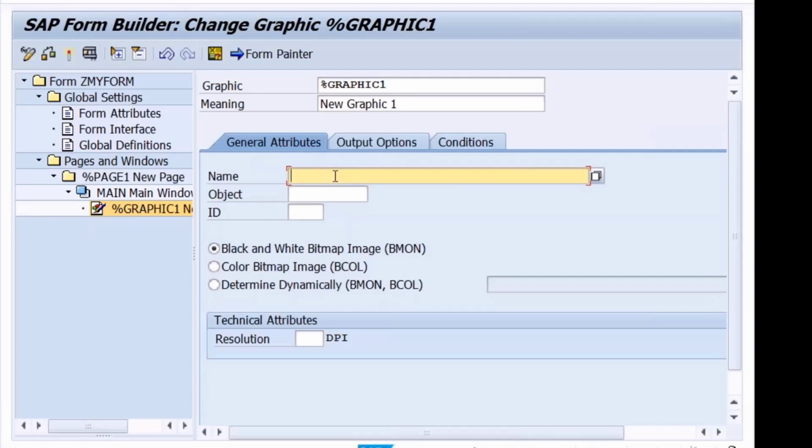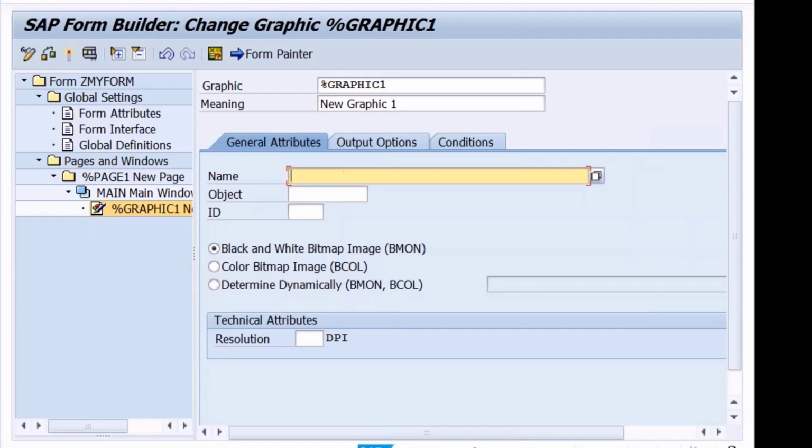In case of SAPscript and SmartForms, we have to upload it in SC78 and then we can directly give it. Now here in Adobe Forms, we are doing it dynamically. How do you map this image to that work area? It's not possible in the SmartForms, no?